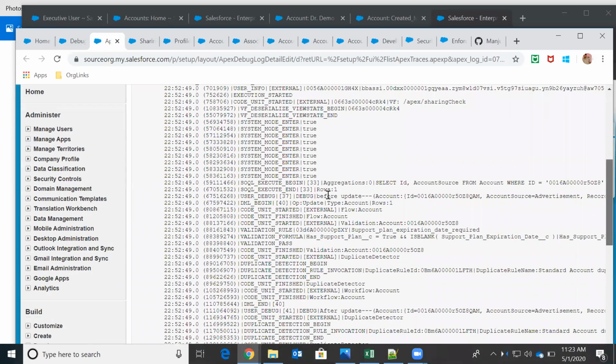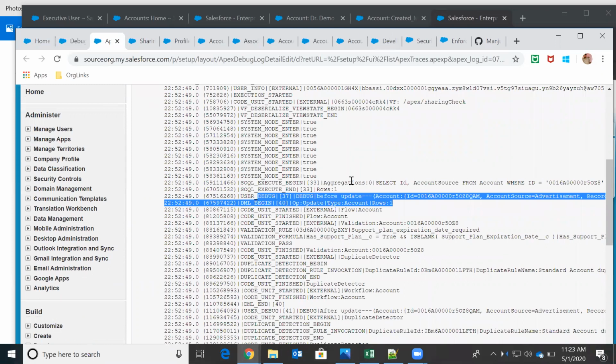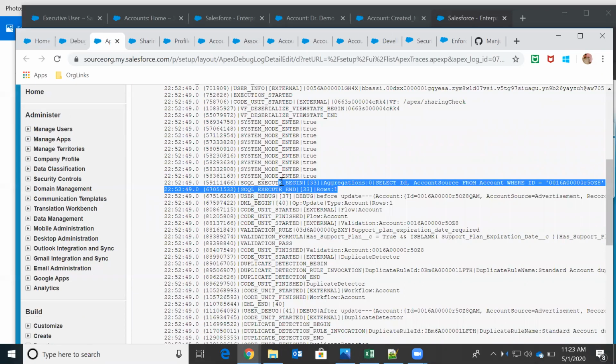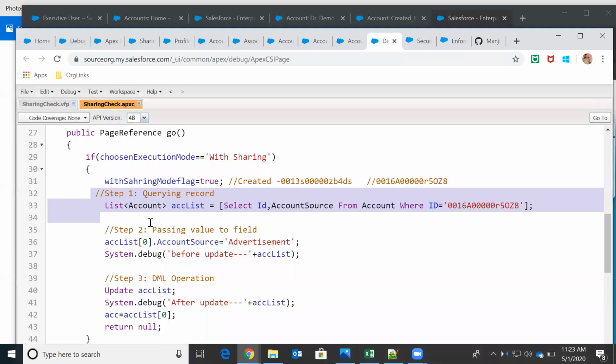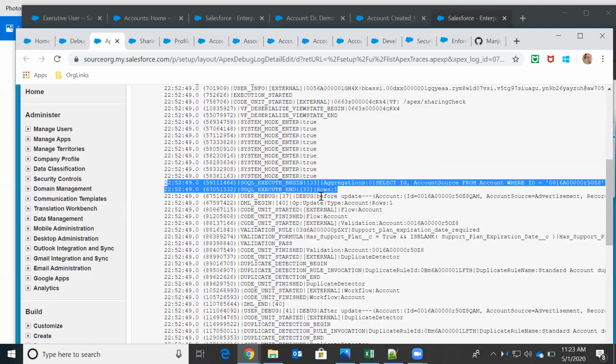This is how we have to read debug logs: step 1 is line number 33. It has a query, and it fetched rows equal to 1, one record, successfully, because we have given the id as 1. So in system context, even though the user has no permissions to this record, it is able to query from the database. That is the proof from this.